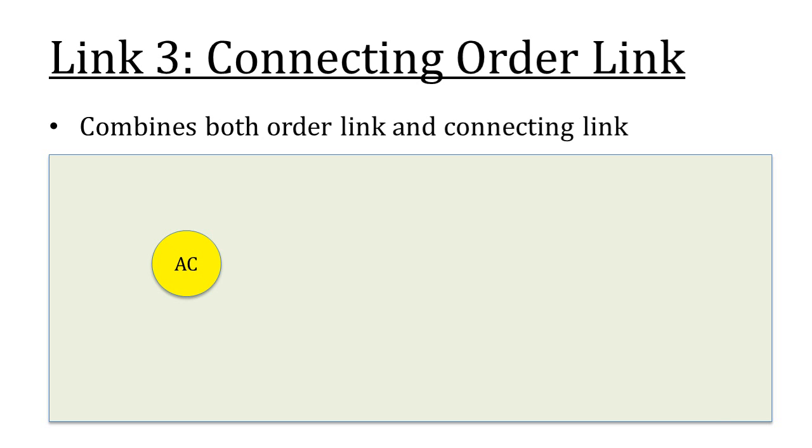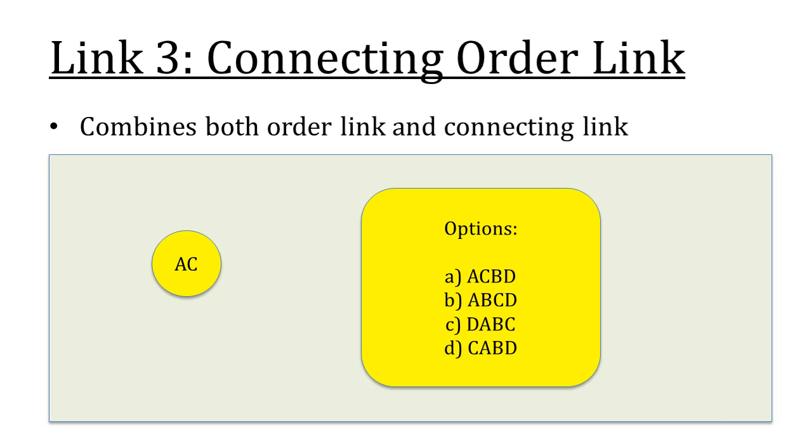So if we see the options, A would be the only correct option where A and C come together as well as A is placed before C. In options B and C, A comes before C but they're not placed together and therefore they are wrong. Whereas option D, A and C come together but C is placed before A and hence it's wrong.